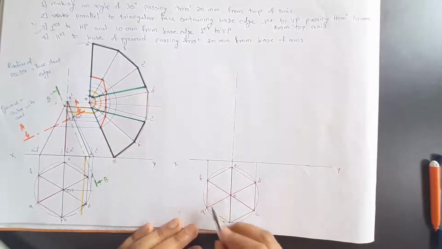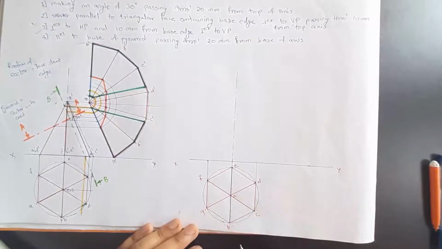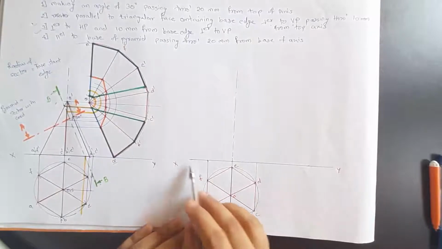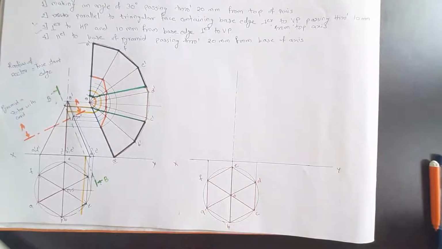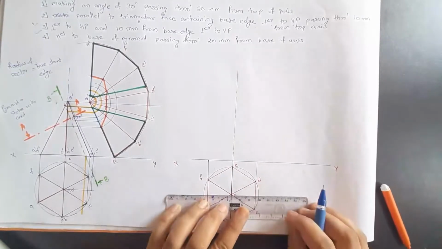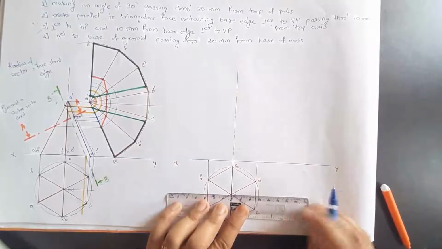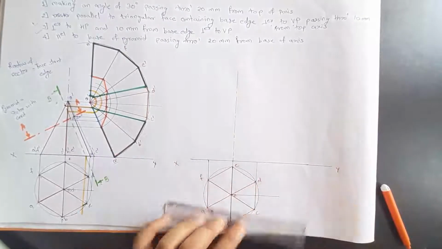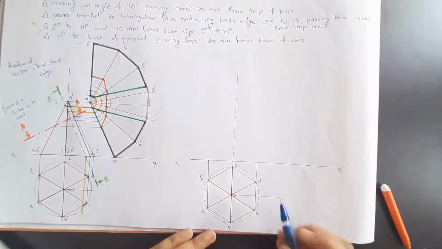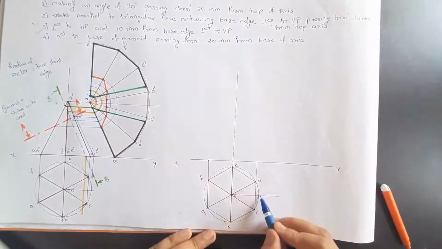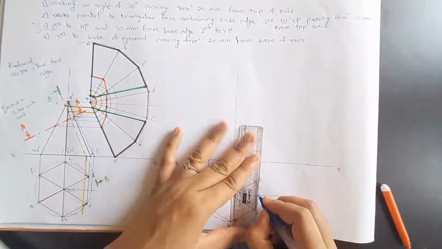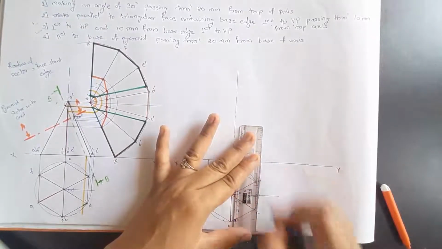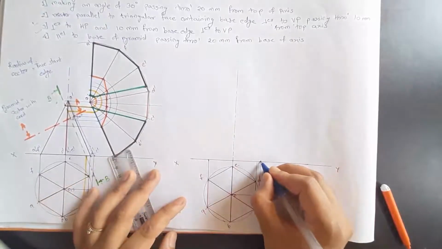And you can see here none of the slant heights in a top view is horizontal or parallel to your XY line. So we have to make it parallel. So draw the line parallel to XY passing through the O. If we rotate this OD, you can find that this is the point where it is going to meet. From this point, take the projection vertically. Now you have got this point.